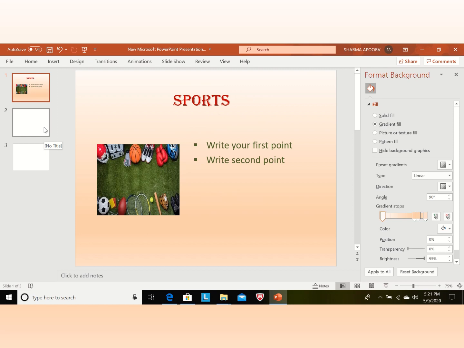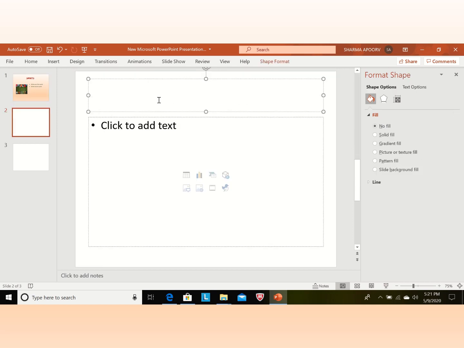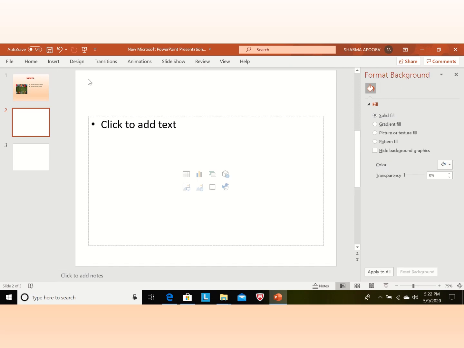And now we will work on the second slide. On the second slide, we can give our title at this place, but now I am deleting this space by clicking on the center and on the corner and pressing the delete key. On this slide we will use different options to do the same. Like if we want to insert the title of the slide, then we will not use the text box.